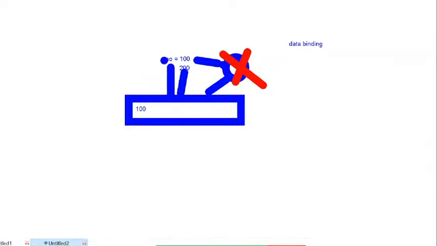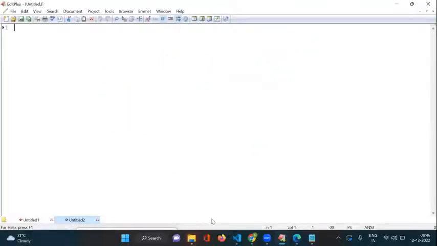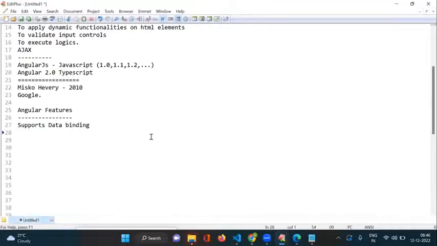But if you take React.js, we have only one-way data binding support. For two-way, we implement the logic manually. But in Angular, both are available by default. Is it clear? Anyhow, this is the data binding concept, and I will show programs based on this. This is a very important feature for us. It is not available in JavaScript. Okay. Second one,